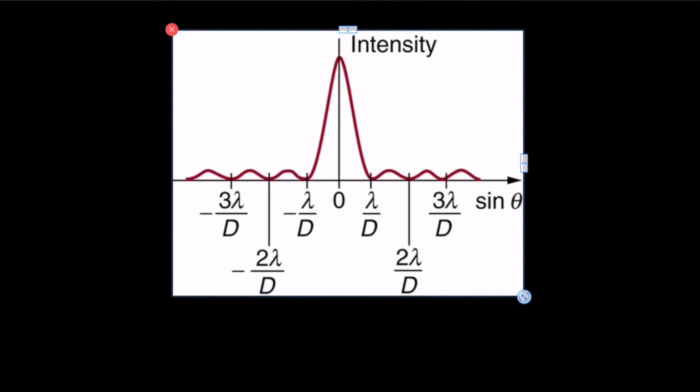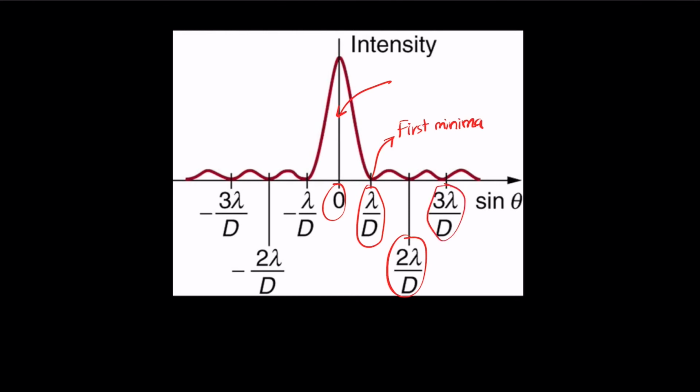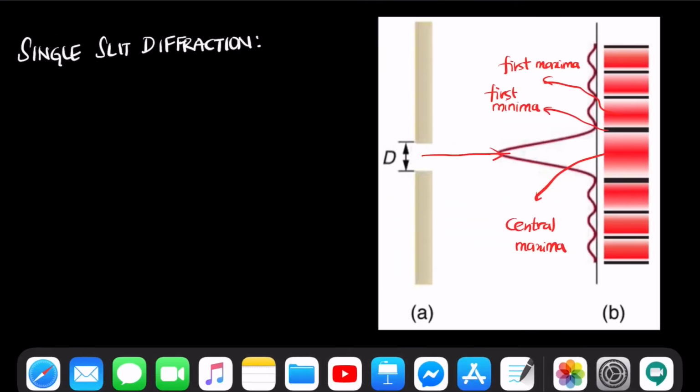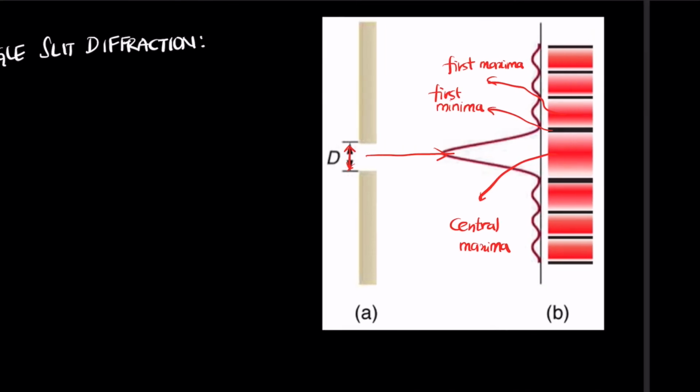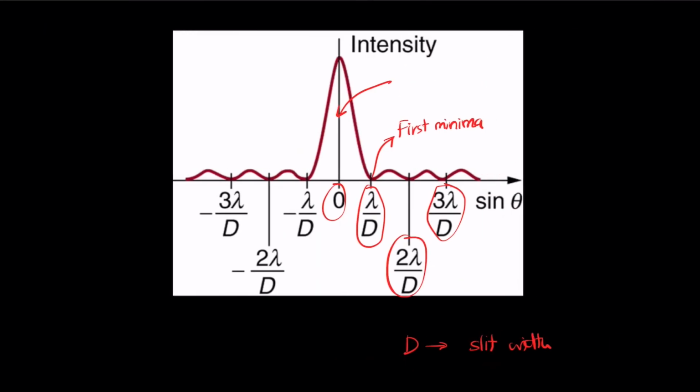So when light passes through, you get the central maxima at 0. At plus lambda by d, you get the first minima, and the second minima at 2 lambda by d, third minima at 3 lambda by d. This way, as it goes along, you will see the values. Notice that this is the angle at which it forms, not the value by itself. So d here represents the slit width. If you take the slit, this distance is basically called d. So this is how we can calculate the value for that.